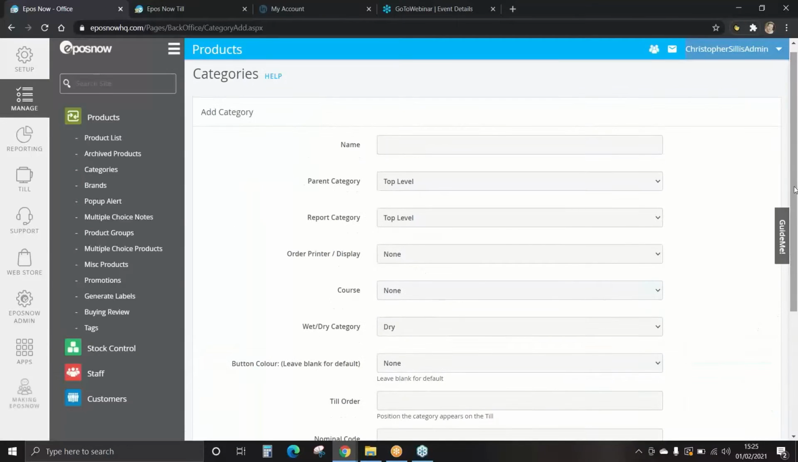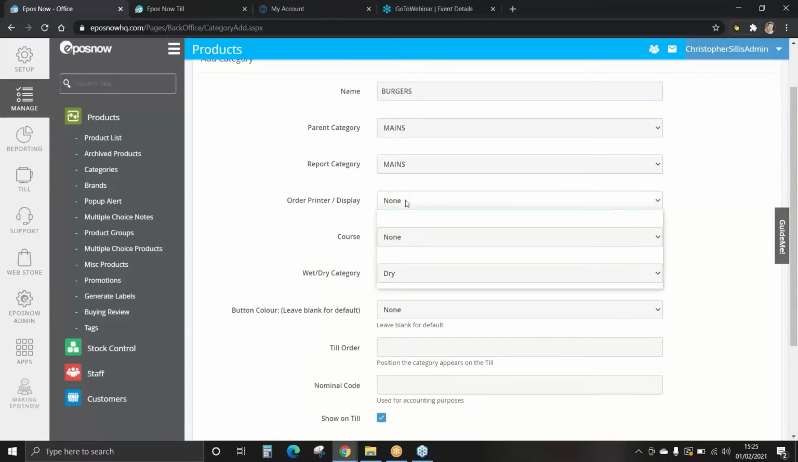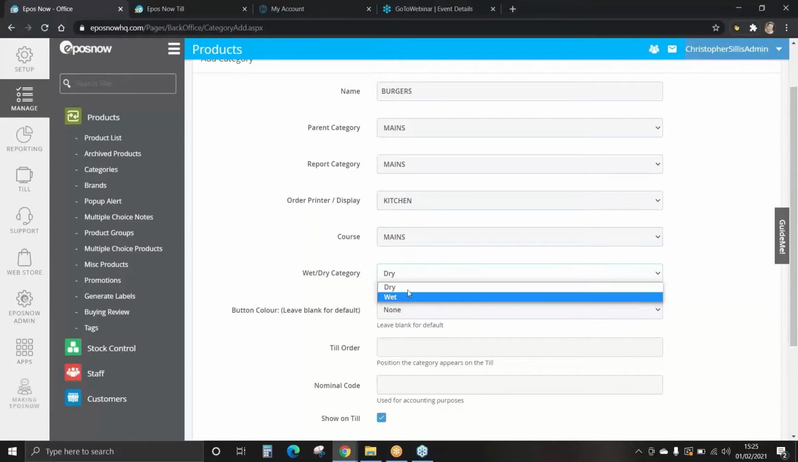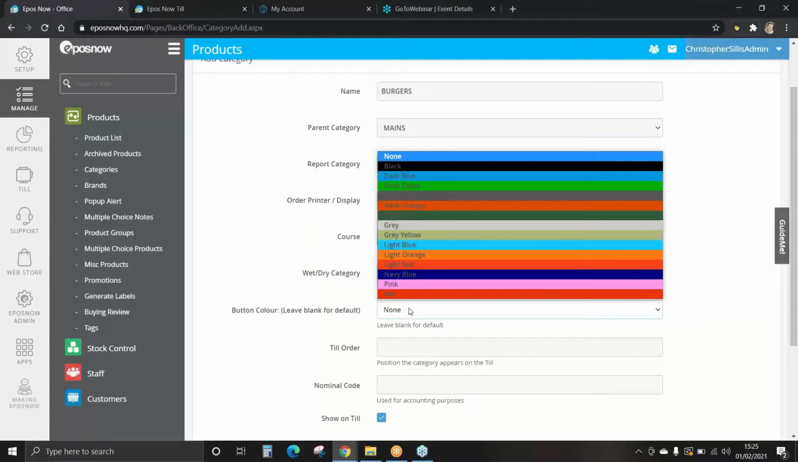We're now going to add in a subcategory under Mains. We're going to name this Burgers. The parent and report category is now going to be Mains because this is a subcategory. And again, select your order printer, your course, wet or dry, your button color,